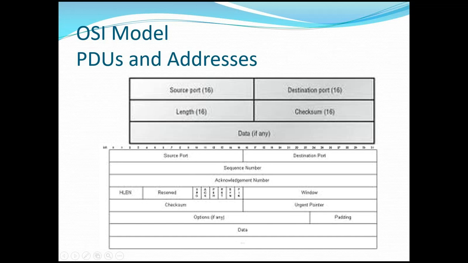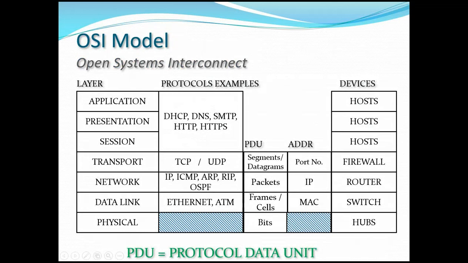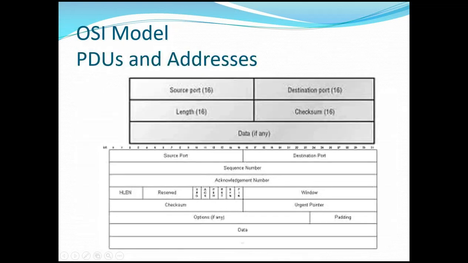So what type of PDU do you think these might be? Your options are segments and datagrams, packets, frames, and bits. So what kind are these? Well, these happen to be